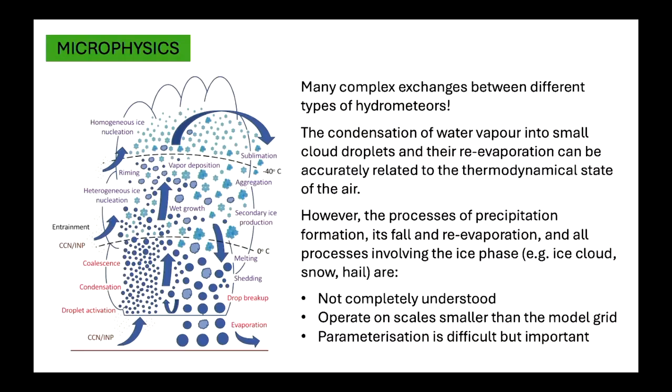So the microphysical parameterization is designed to represent many complex exchanges between the different types of hydrometeors, as I mentioned. Our cloud liquid drops, our ice crystals, our snow particles, graupel, hail particles, etc., etc. They all come in different size distribution, different shape, and different concentration as well. And also, there are numerous microphysical processes happening in convective clouds, and particularly in those deep convective clouds. It's kind of illustrated in this diagram here on the left.